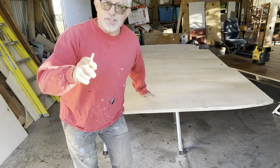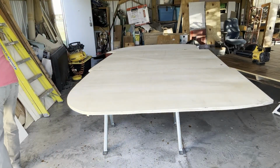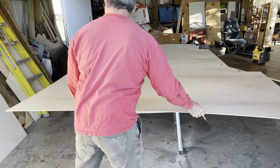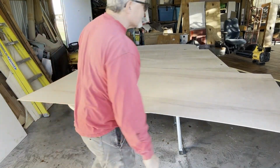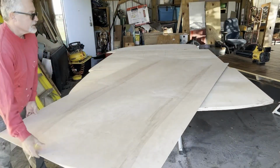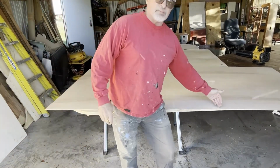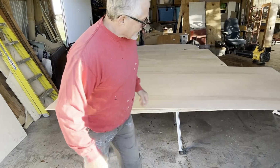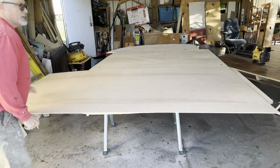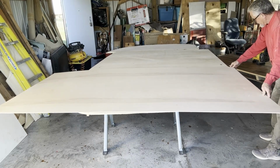So I thought this is a great time because we've got that potty closet in here, and it has to follow that front. So I've got this right here that I picked up while I was at the big box store. I'm going to choose the best side. I don't know which one it's going to be. I think it's probably right here, because you're really not going to see the bottom part. The counter starts about here and goes down, so you're never going to see that. But you will see this up here. So I'm going to get this as flat as I can. And it's going to be off about 4 inches anyway, as you know,